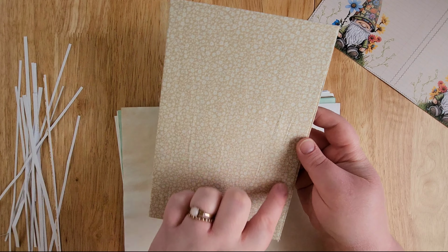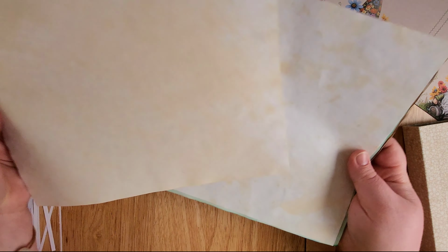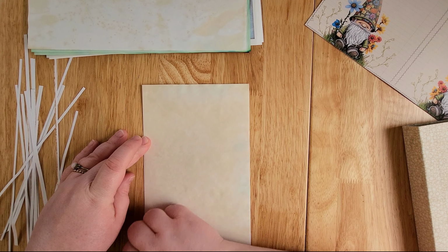Okay, now I'm going to start ripping some papers, so I'm not going to make you watch me rip all of them, but I will start with one of these. I will kind of show you how I would do that. So, it is a little time consuming, but every time I do it, I'm always like, oh my gosh, I'm so glad that I did that, because it always looks really, really cool. So basically I'll fold it in half first to make life easier. You only have to rip half the surface, and then you just rip as little or as much as you want. I typically try to do a pretty small,